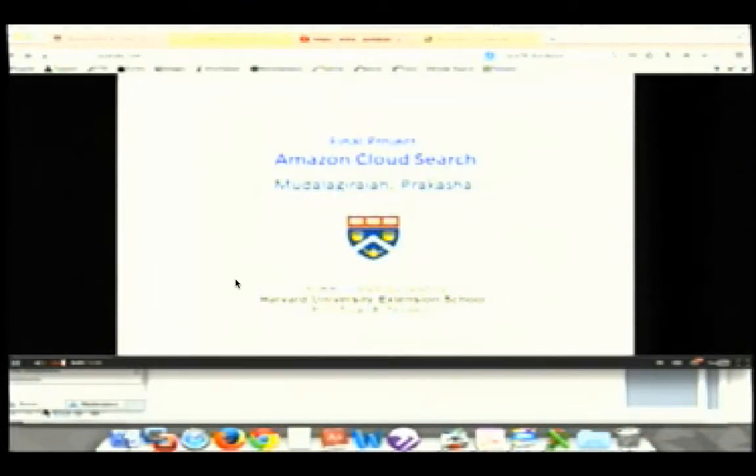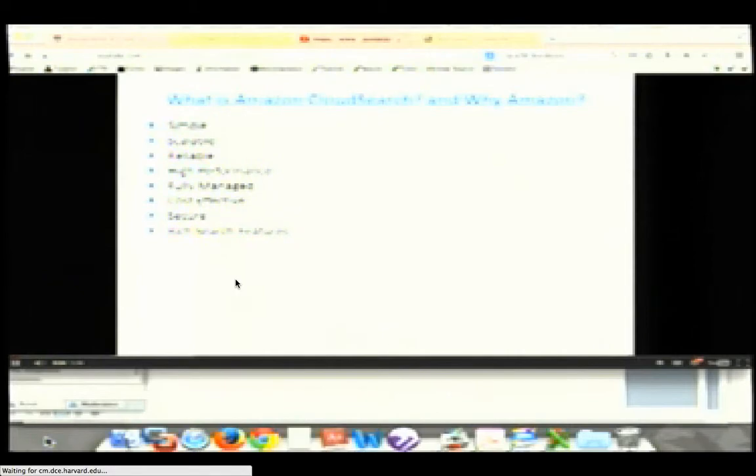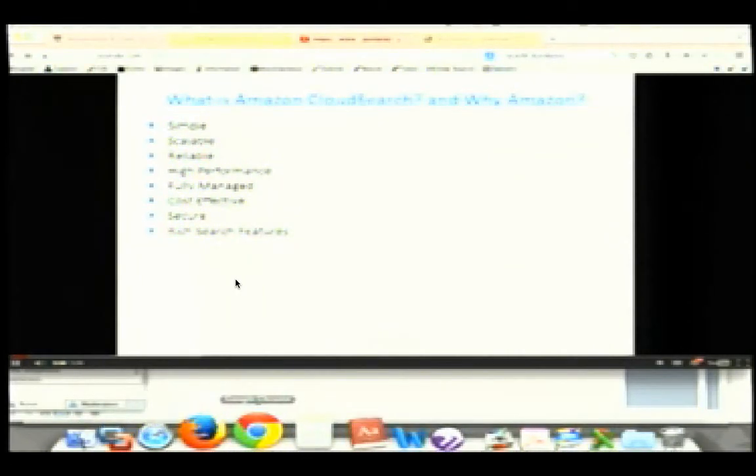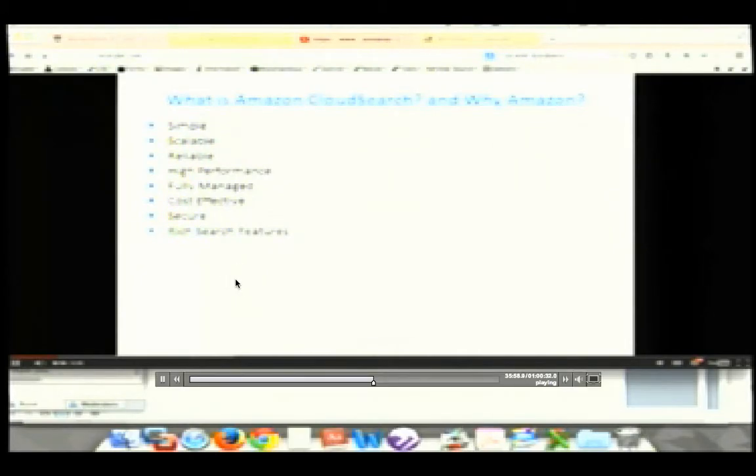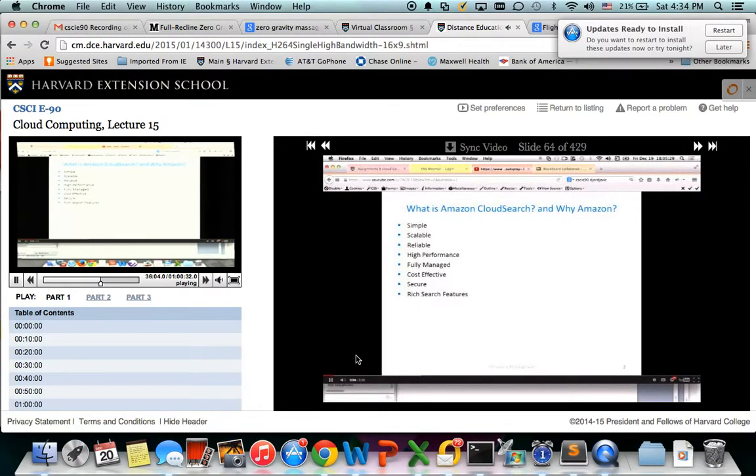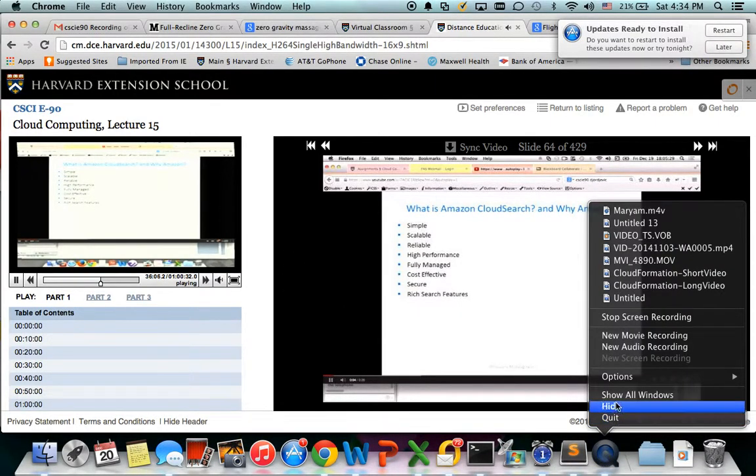Welcome to the Amazon Cloud Search presentation. As a part of this presentation, we will be understanding what it means to provide search as a service, what Amazon Cloud Search is offering, the benefits related to Amazon Cloud Search, and the features that are associated